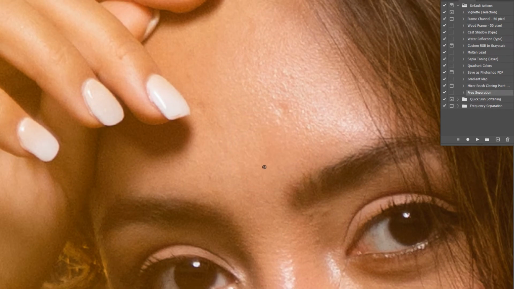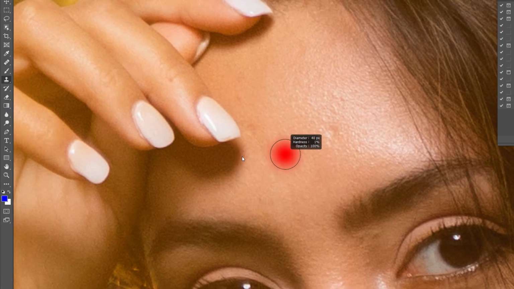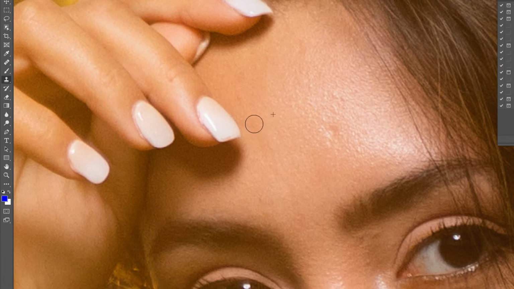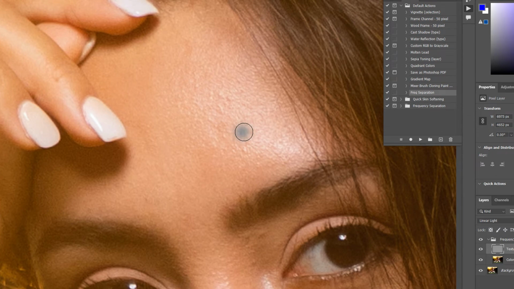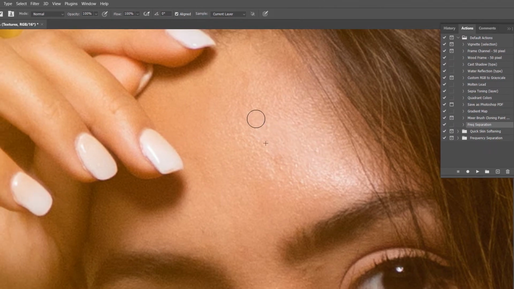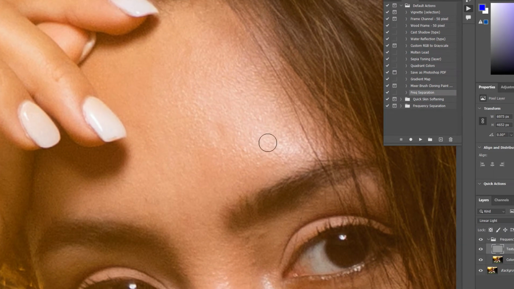So hold Alt, I'm going to use my wheel to zoom in, and I'm going to hold Alt and click here to sample. And that sample is going to select the area that I sampled and run it over where my cursor is. So I'm going to clean up. For this area, I still want this texture, so I'm going to select here, and then I'm going to apply that here. And then I'm just going to keep doing that, right? I'm going to pull sample from one place, put it into the next place